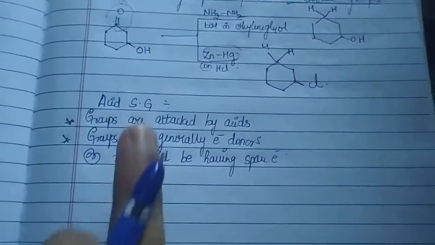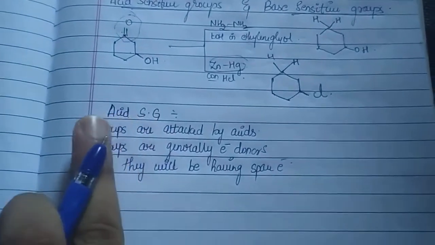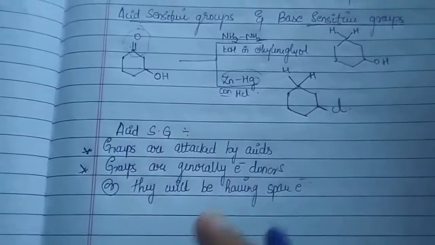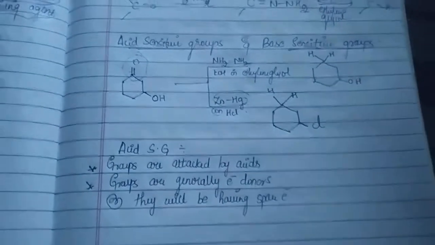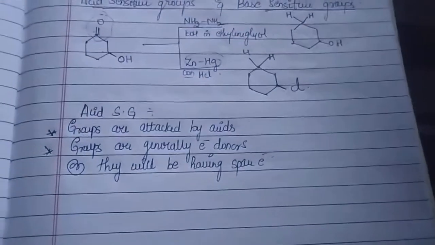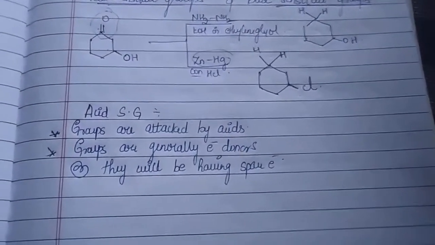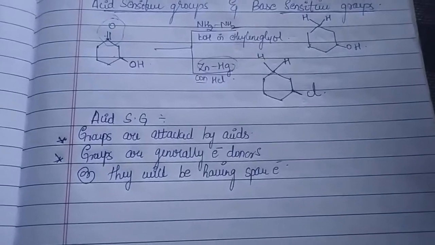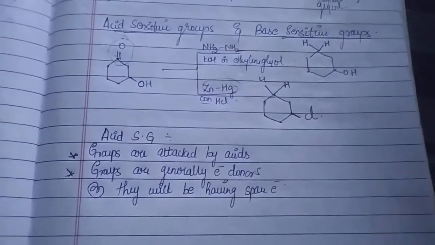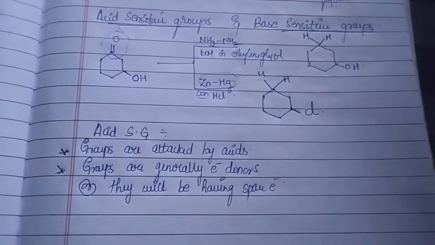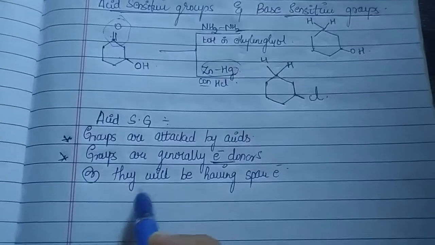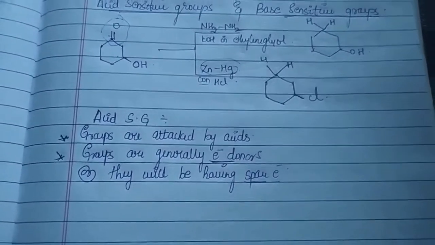Yes. So first and foremost thing we came to know is that they are acid sensitive. The name itself indicates these groups are sensitive towards the acid. That is, they are easily attacked by the acids. Second most important thing, why are they attacked? Of course we know that whenever an acid is there, it will be giving you H+. So for that H+ to attack the group, they should be having some electron-rich density. This is negatively charged, and that is coming from where? Because of these electron donors, or they will be having certain spare electrons.